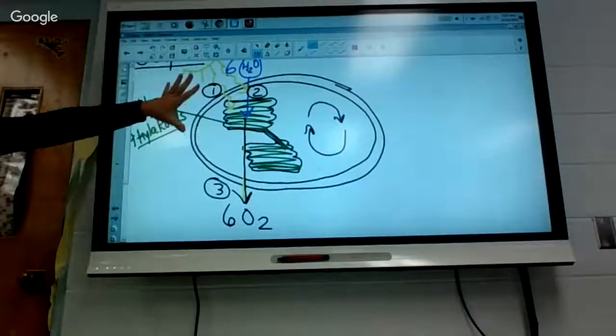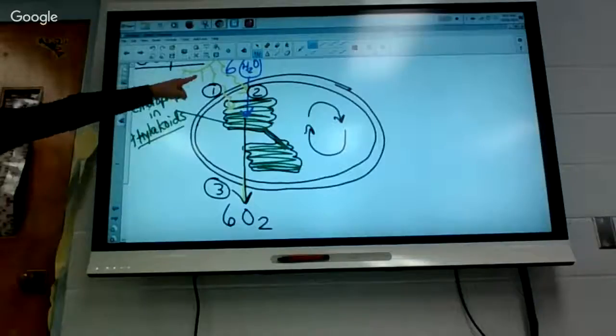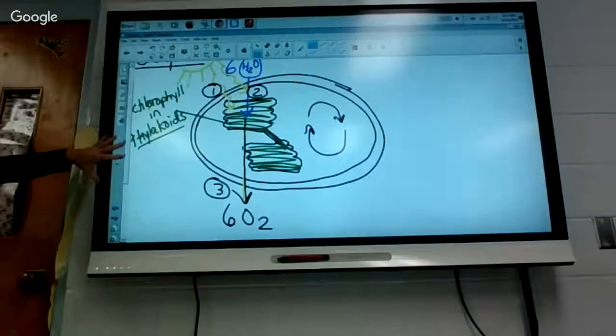So now for all the folks that have to see the words, this is just symbols. So what do we say? What is number 1? What happened first? The sunlight goes into the